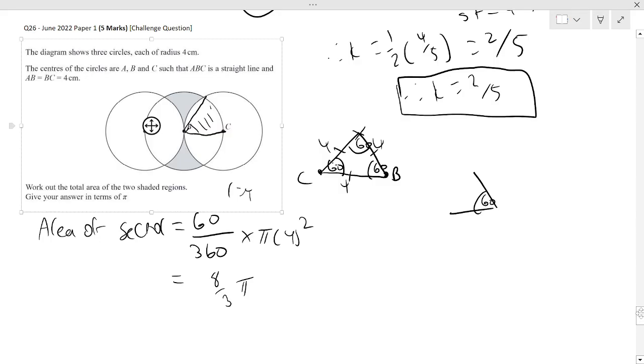Again, that would be a sector, but then I'm left with this same segment. And that's going to be the same because of the fact that it's all symmetrical, okay? It's the same angle and the circles are all the same radius. So these two sections are the same. So therefore,